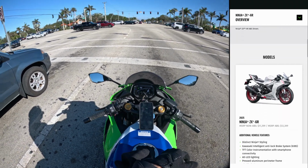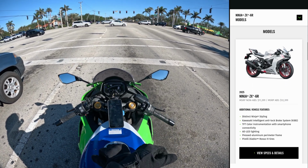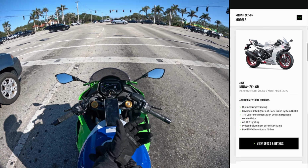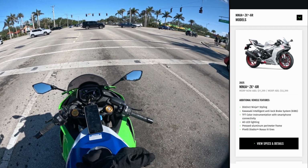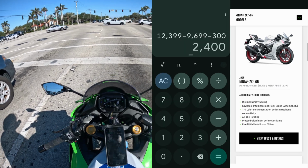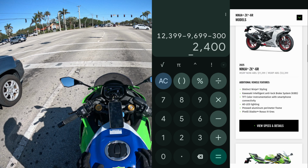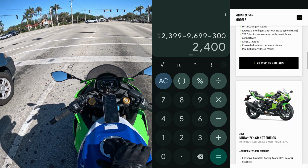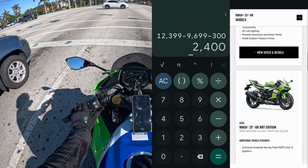But yeah, ABS to ABS, there's about a $3,000 difference between these two bikes, but it's actually less once you factor in getting a flash. I want to say it came out to be about $2,400 is all that the ZX-6R fetches. And so in that regard, this bike is not a good buy,